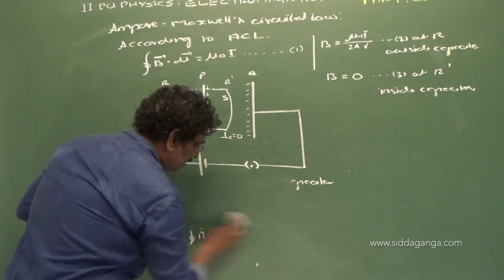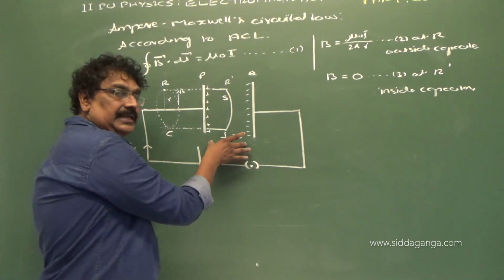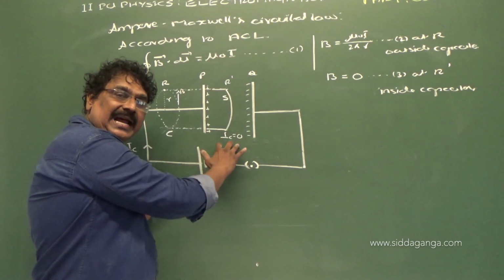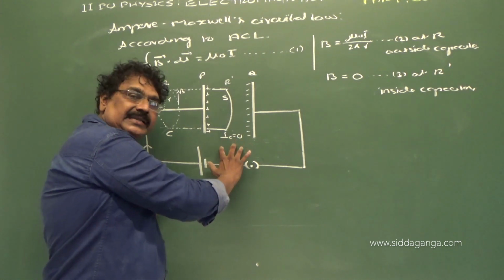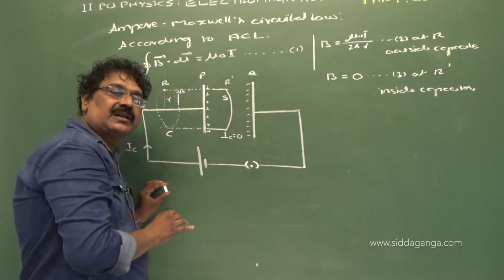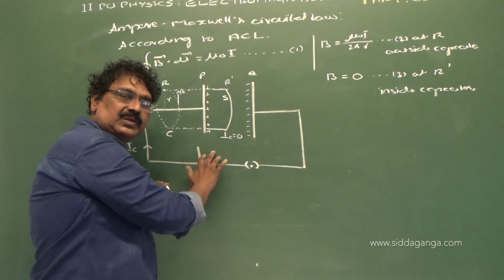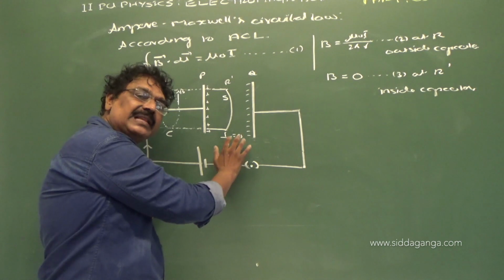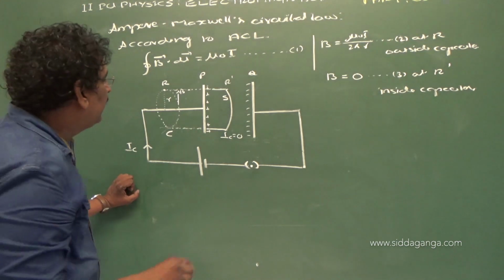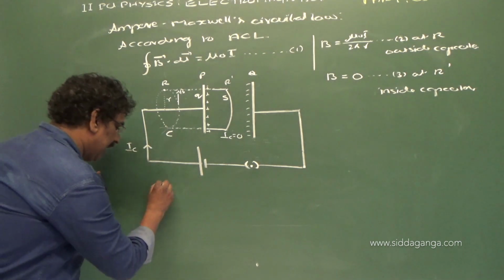Now, according to Maxwell, whenever the capacitor gets charged, there is an electric field that increases during the charging of the capacitor and decreases during the discharging of the capacitor. When the capacitor is completely charged, there is no change in the value of the electric field; it remains constant. Suppose at any instant of time, let Q be the charge on the capacitor